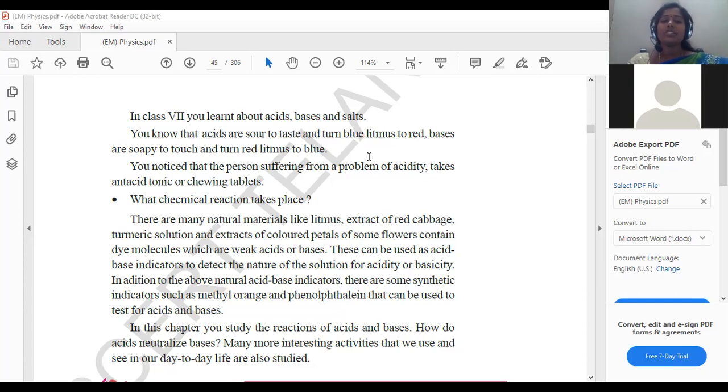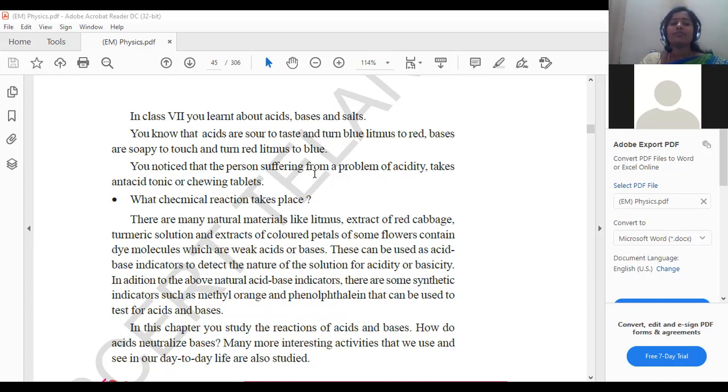So if on the pH scale the value is 2, that denotes a strong acid. If it is pH 5, that is a mild acid. If the value is exactly 7, that is a neutral substance. If pH is 11, that is a mild base. If pH is 13, that is a strong base. In that way, you can distinguish compounds based on the pH scale. The litmus test is basically used to identify the pH of a compound.